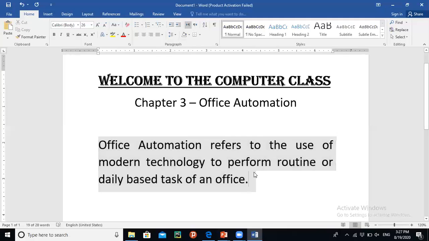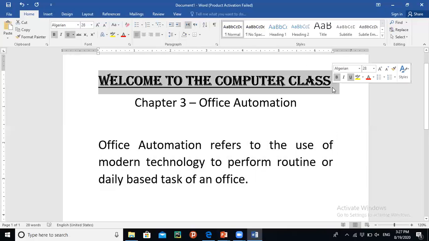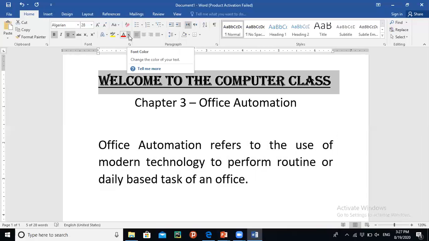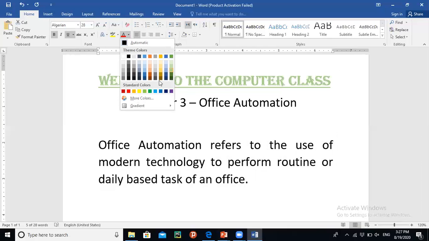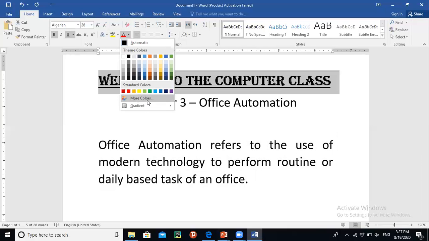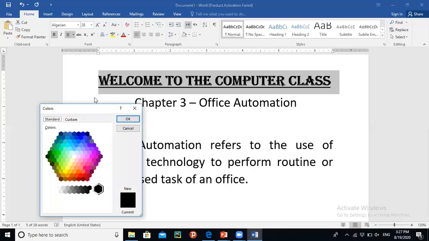Okay, now I want to change the color of a heading. I will select the heading, and here you can see the option font color, and simply click on that. A very wide variety of colors is available, and if you don't like any color from the available colors, you can simply select more colors by selecting this.